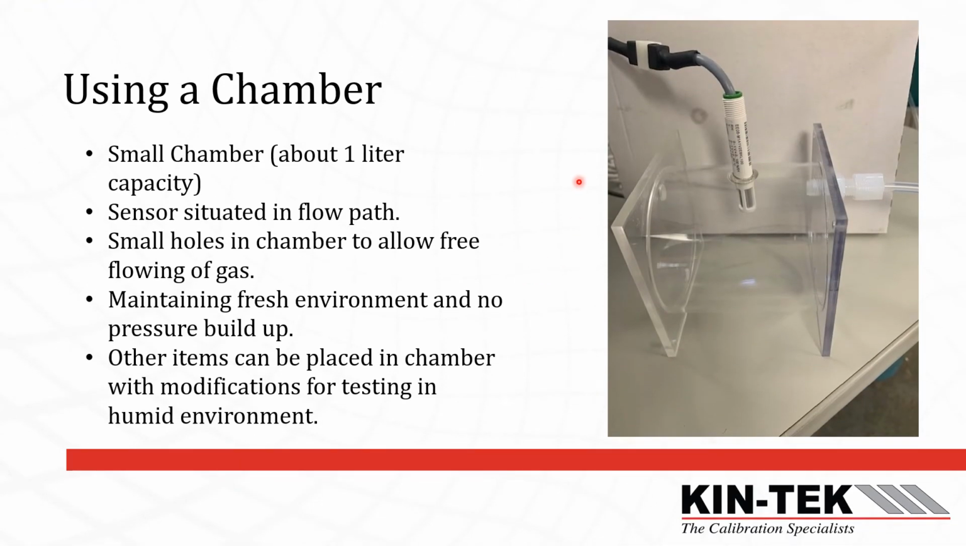Well, I showed most of my data from using the sensor block that I showed you, where the RH sensor was set in the sensor block. I wanted to actually address how it would work when using a chamber. So I put together a small chamber. This is about a 1 liter capacity. The sensor is situated down in the chamber, but it's in the flow path, so you can see how my external flow coming into this chamber would cross that sensor